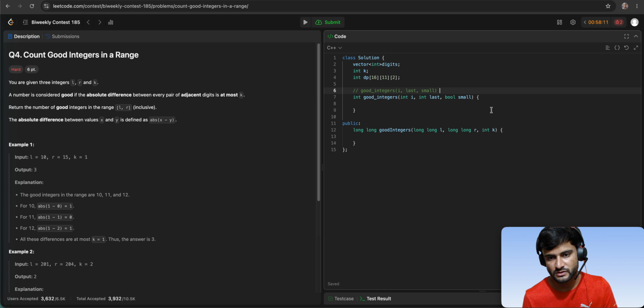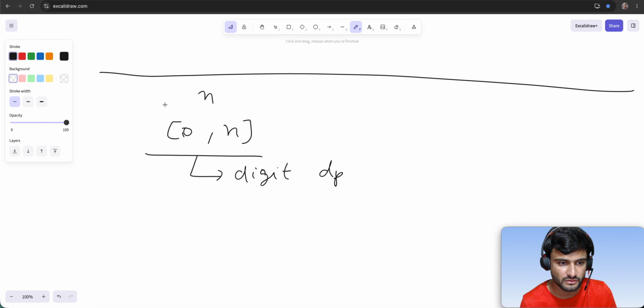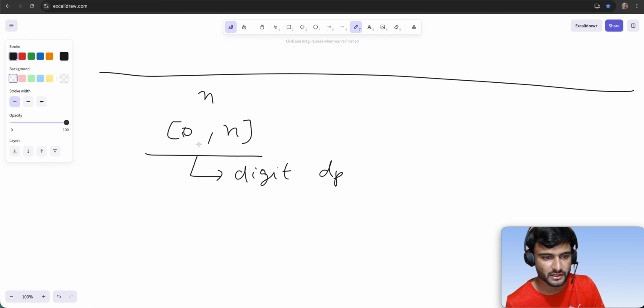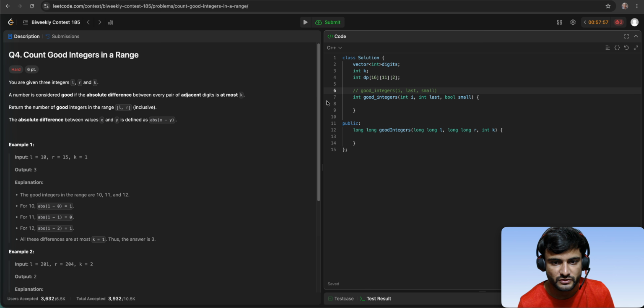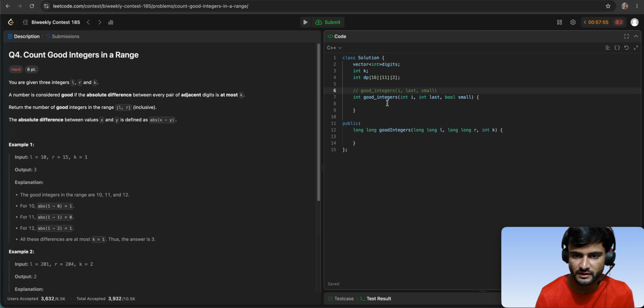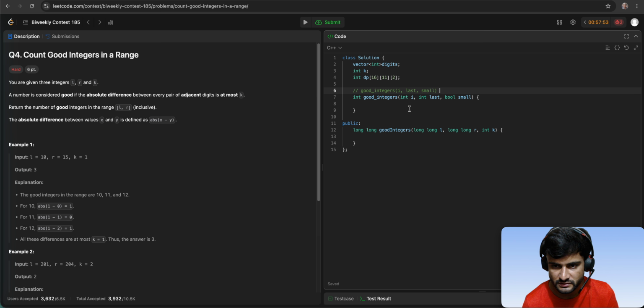So first of all, we are going to solve this problem, that is, we are going to find the number of good integers between 0 and n. For this, let's define this good integers function, good integers of i, last, small. It says that